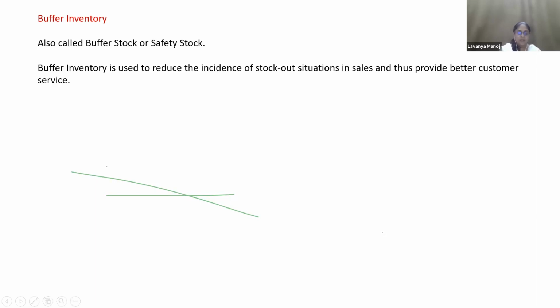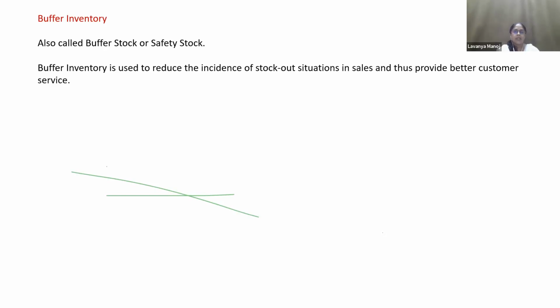So to overcome that situation, the organization, or the warehouse, factory floor, always has a safety stock readily available with them. If they see the market is demanding, suddenly there is a demand for the product, the demand rises in the market, immediately they take the inventory out from the shelf. They go with the processing and send the products to the market as soon as possible. So that is called buffer stock, the safety stock, to overcome the stock out situation.